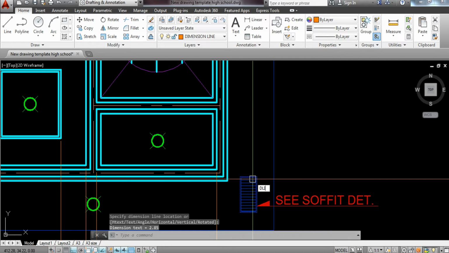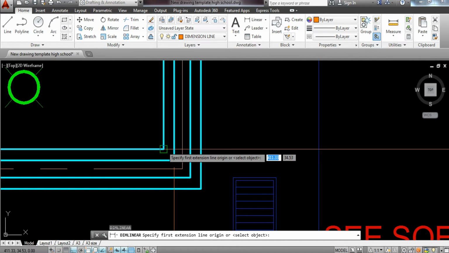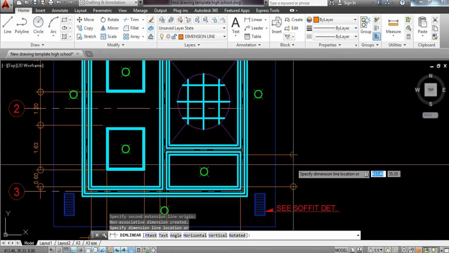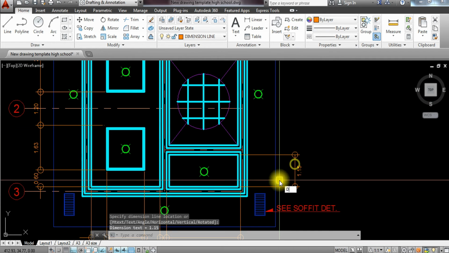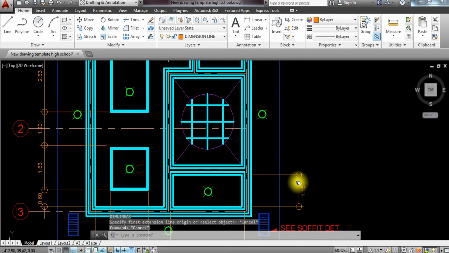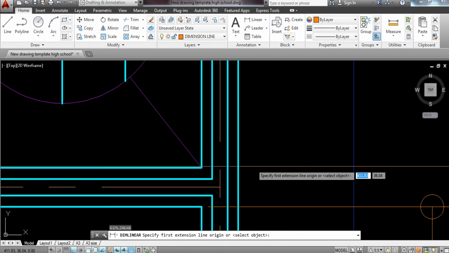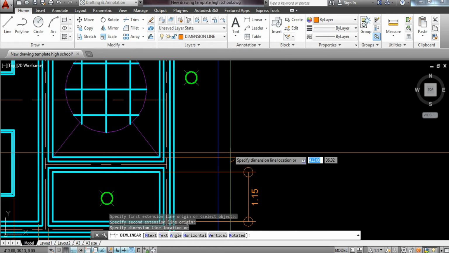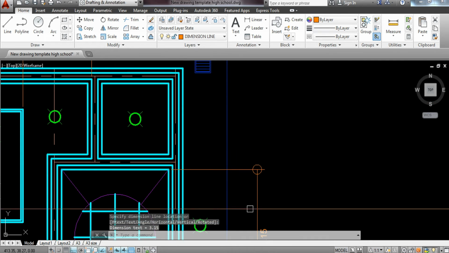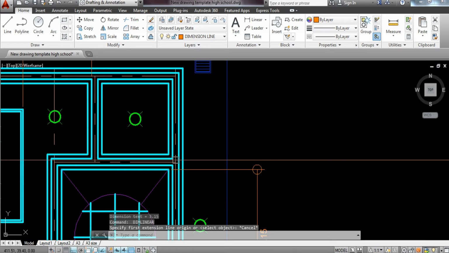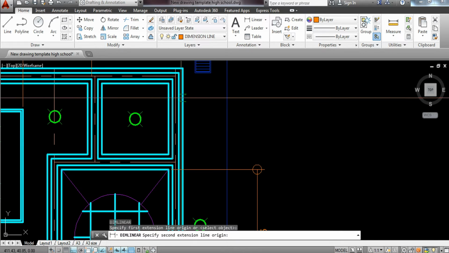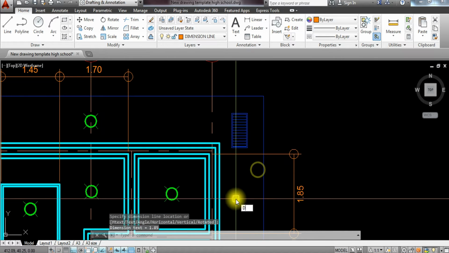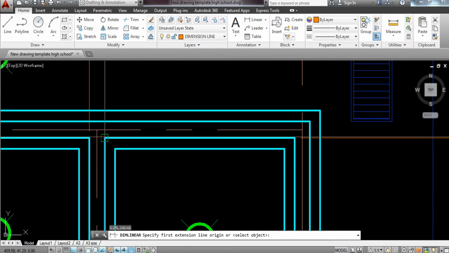Then, proceeding to the next part. Dito, papunta rito. 1.15. Then, DLI. I'm sorry, DCO. DLI for this interior part. Hanggang sa matapos natin ang entire drawing process. So, DLI. And then, for the upper part,